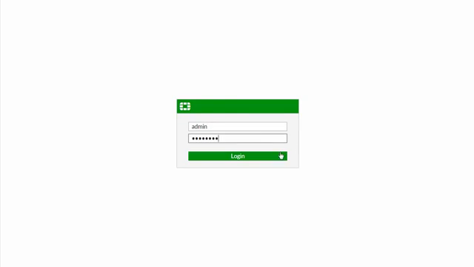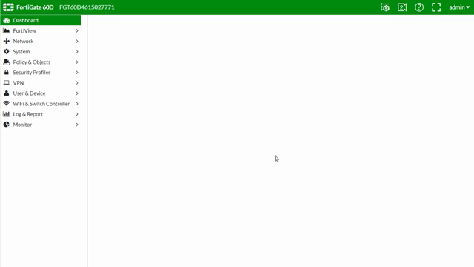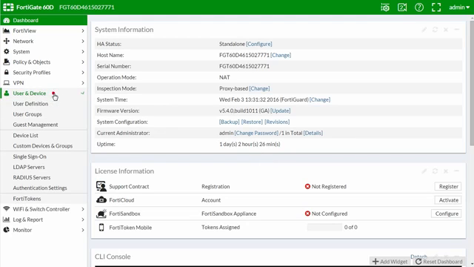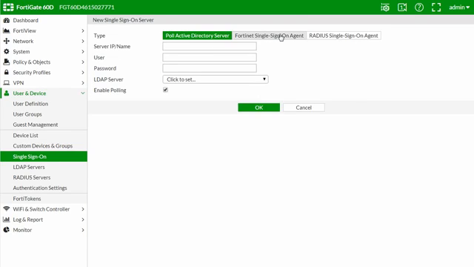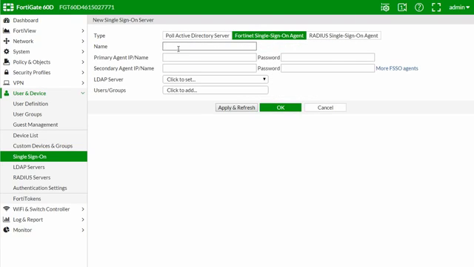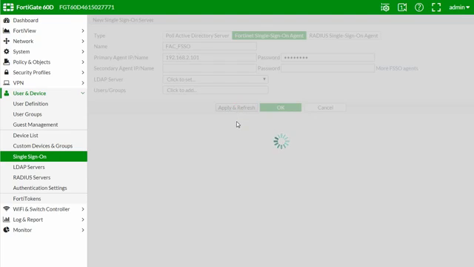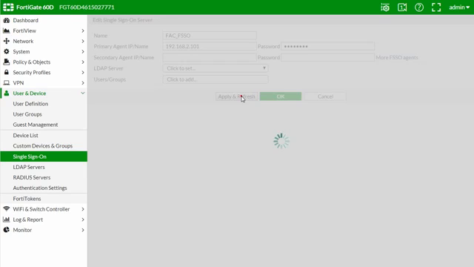To configure your FortiGate with FSSO, log into your FortiGate and navigate to User and Device. Select Single Sign-On and click Create New. Select the Fortinet Single Sign-On Agent tab and enter in a name, the IP address of the FortiAuthenticator we just set up, and the secret key. Click Apply and refresh a couple of times, and soon you will see a list of users/groups located on your